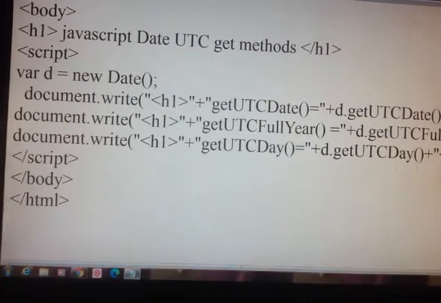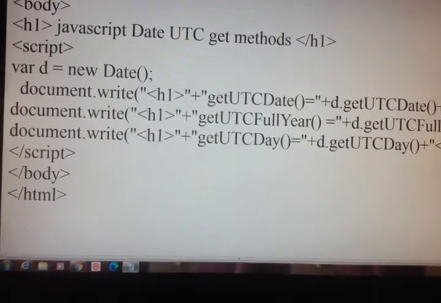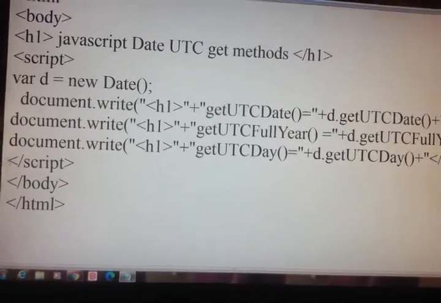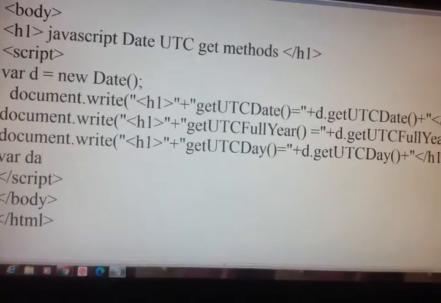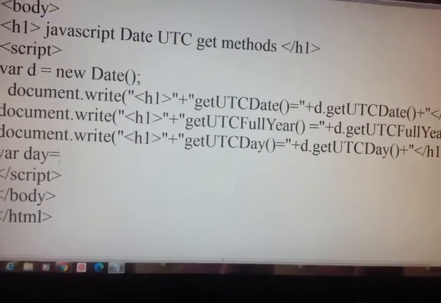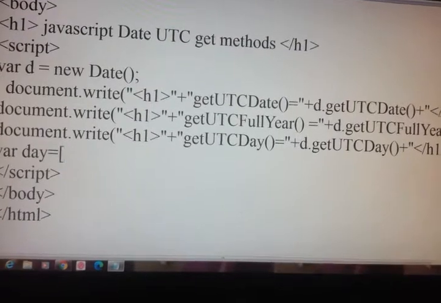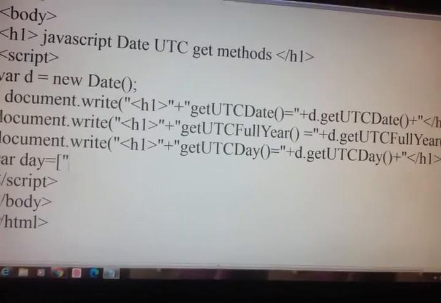We'll check whether we can get the name of that by using a variable. Variable day is equal to, we just create an array of days.